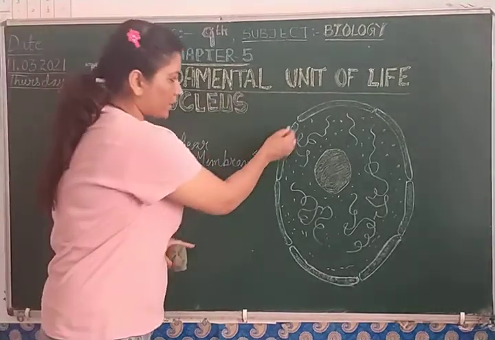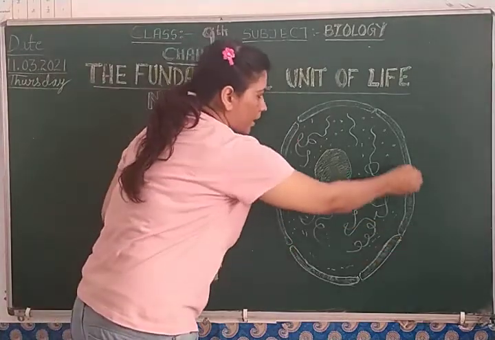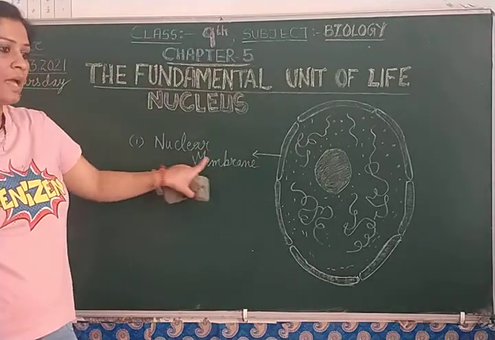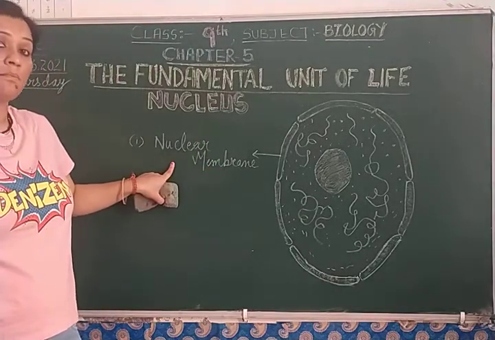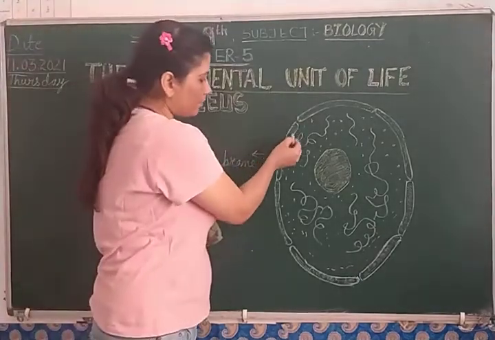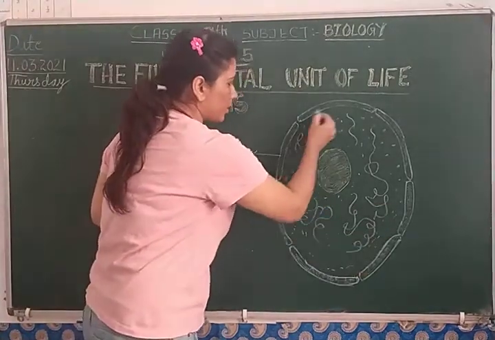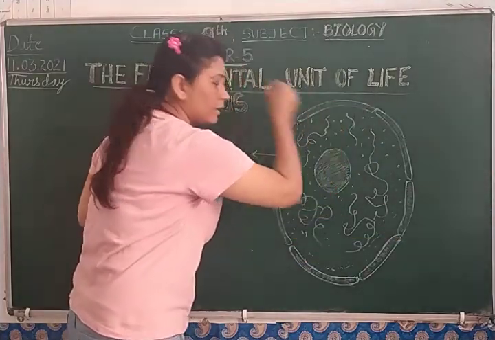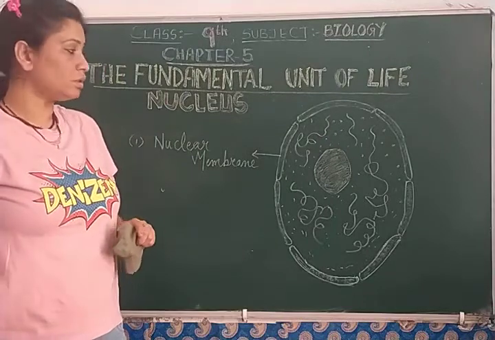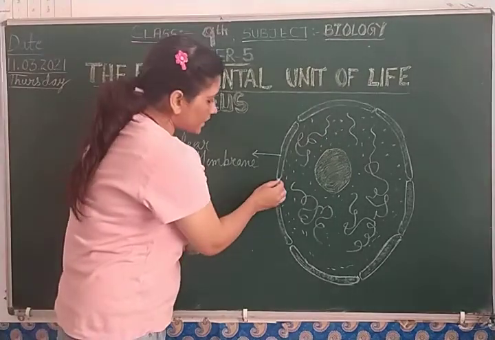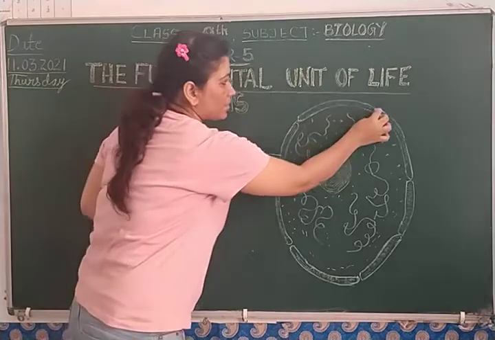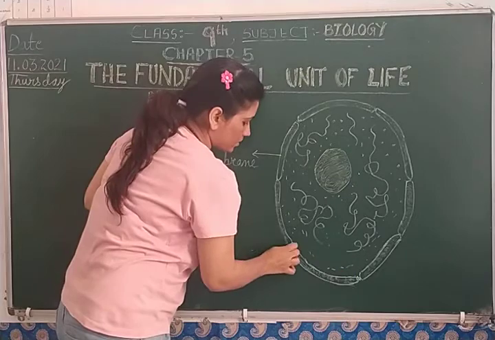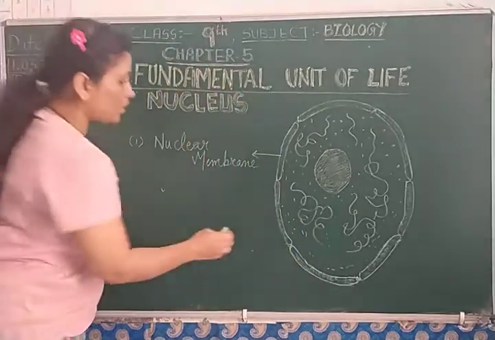This nuclear membrane, the outermost layer of the nucleus, is a double layered membrane. As you can see in the diagram, it is made up of two layers, one inside layer and one outside layer. It protects the nucleus. In the diagram you can also see some spaces in the nuclear membrane. These spaces are known as